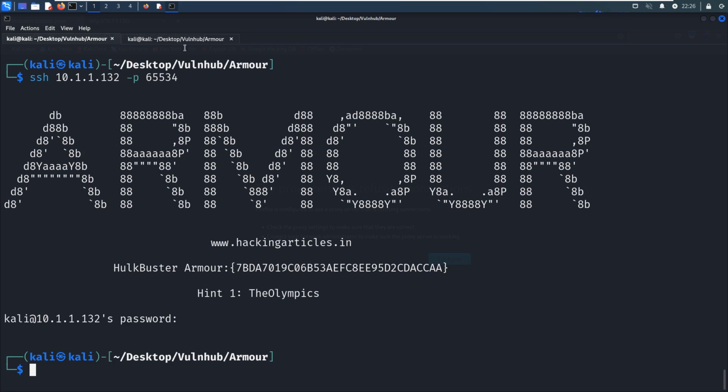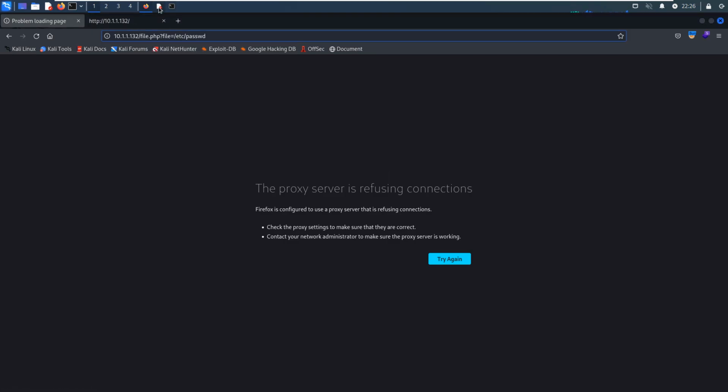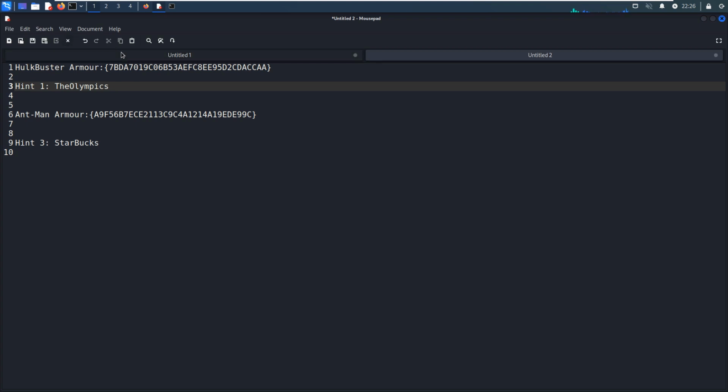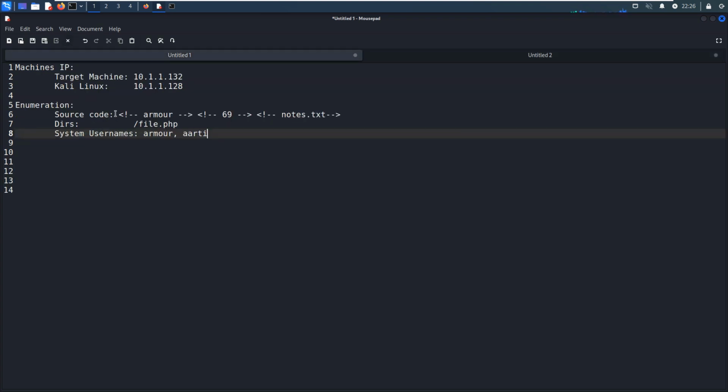Only one sort of information is left at the enumeration stage. We found the source code, the armor. So maybe this is the username, and also this one, the 16 line.